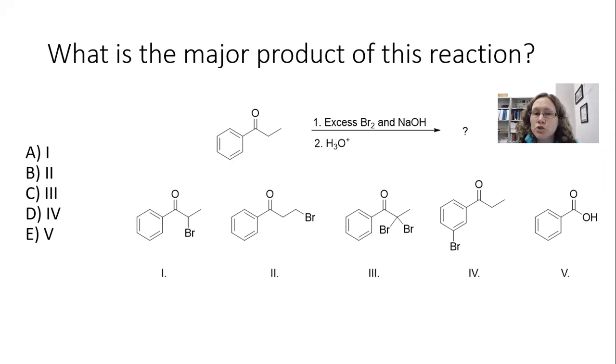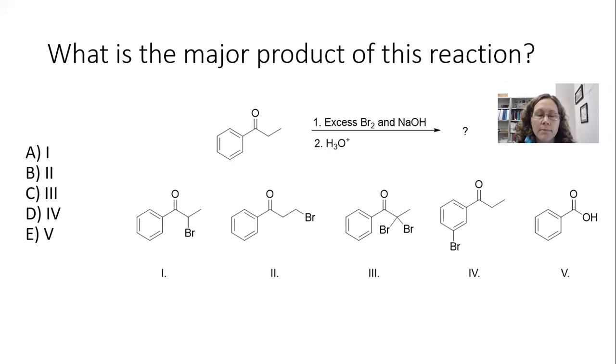So the first thing to do is take a look at the starting material. It's a ketone, and also think about the reagents. Notice the presence of the Br2. That tells us a lot. In this reaction, we're going to have alpha halogenation. So our ketone has 2 alpha protons, and we have Br2 that we'll use to brominate that alpha